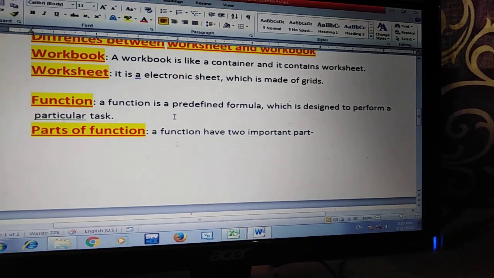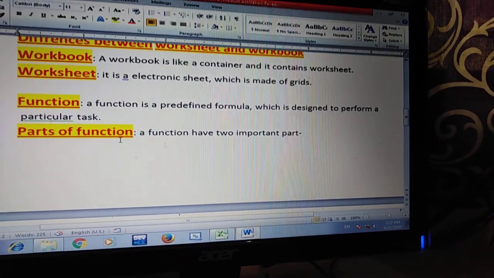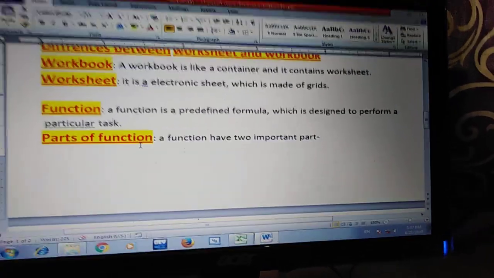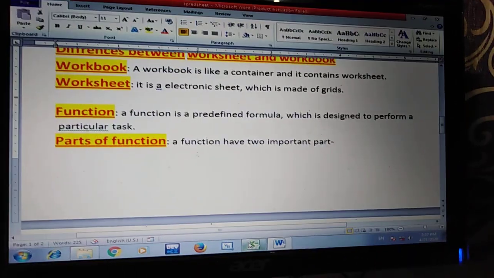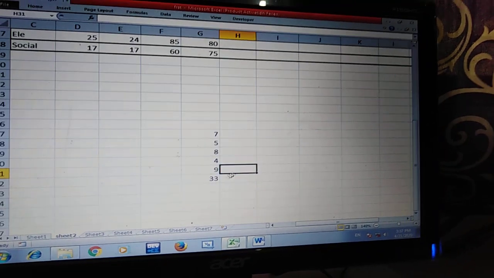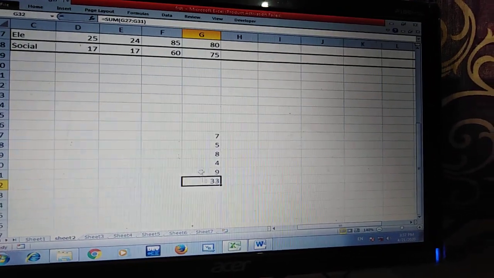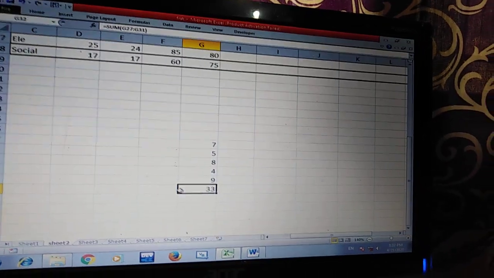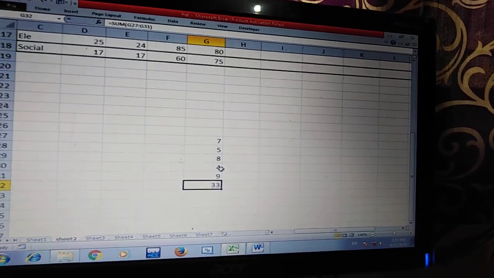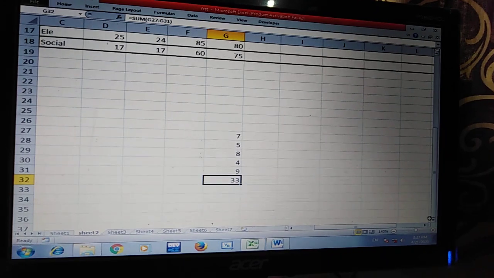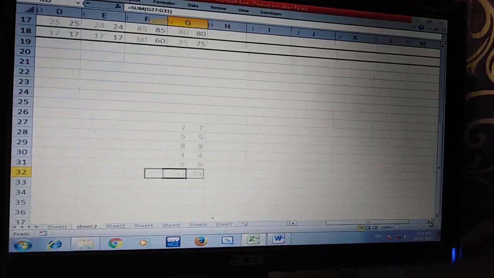Next heading, function. So in Excel we are work within function. For example, in a last example we have to perform add. So this add formula can be calculated by sum function. So whatever we have to do in Excel, all are in the form of functions.